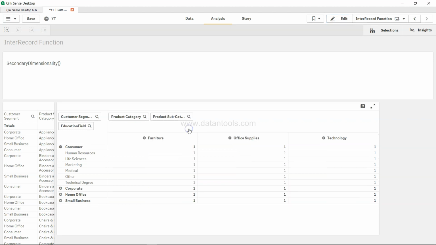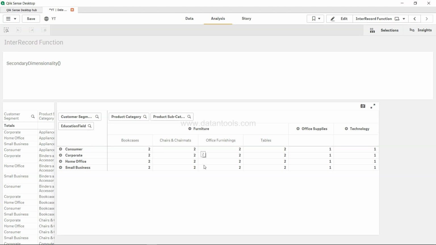So over here if I just shrink it, right now we are at dimension 1. If you see, this particular one is not giving an impact to this. Earlier we were getting 2 over here, but now we are using the secondary dimensionality. So the effect is based on the second dimension, or the dimension which is at the column. As I expanded this, we are at the secondary dimension, and that's what has been updated over here.